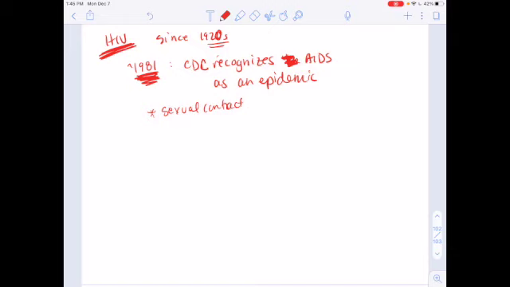I think it was actually called, what was it? Something like gay-related immunodeficiency. Like, people who are gay, their bodies don't work differently than other bodies. It was ridiculous to call it a gay disease. But because it is transmitted through sexual contact, people who had a lot of sexual partners, it would emerge that way. We've also found that it's through blood contact